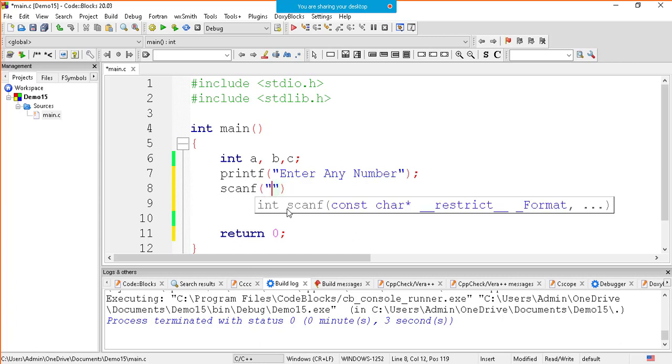And because you want to scan the integer variable, you write %d, comma, whatever value comes in, you want to store that value inside the address of variable A. So what I will write here is the address of A. जो भी वैल्यूज आएगी उसको मुझे कहाँ स्टोर करनी है? A के एड्रेस पे स्टोर करनी है. I want to store that value inside the address of A, right?